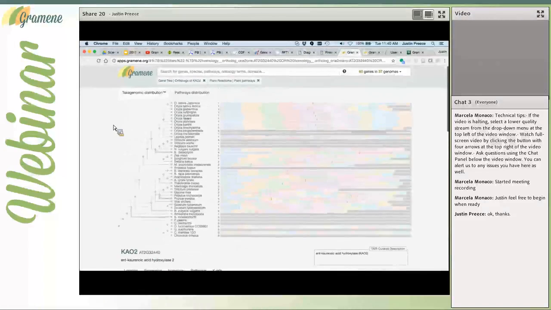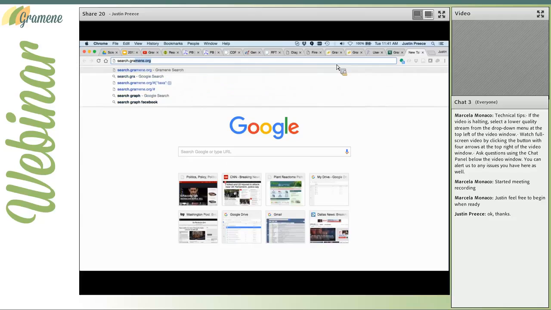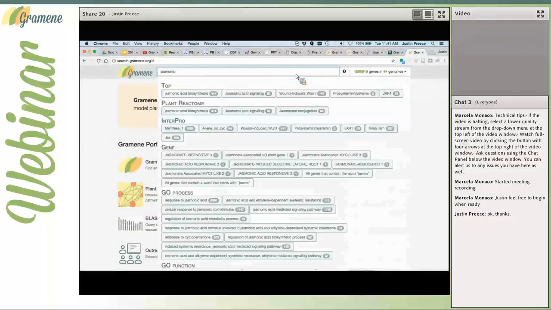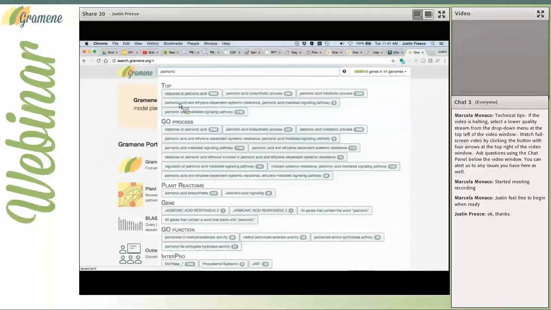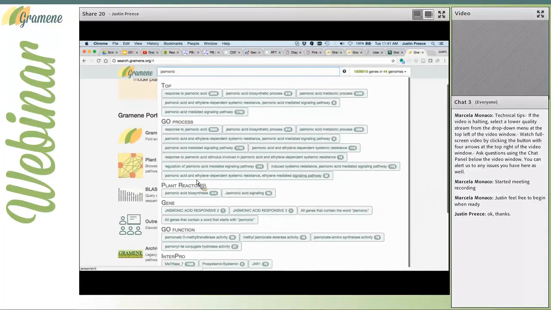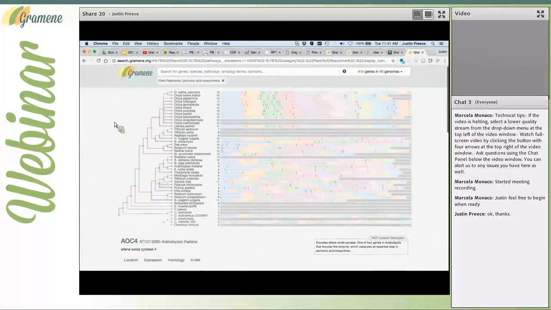yes. So you can actually do a similar search over at search.gramene.org, and they have already loaded Plant Reactome data over there, and say if I want to search for something like jasmonic in their various results at Gramene, because of course they're covering much more than just plant pathways, covering genomes and grow processes and many other things. I do see results under Plant Reactome for various things, and I can go look at those results, and Gramene will have taken its genome data and tell me across its phylogenetic organization of its various species where there are genes associated with jasmonic acid